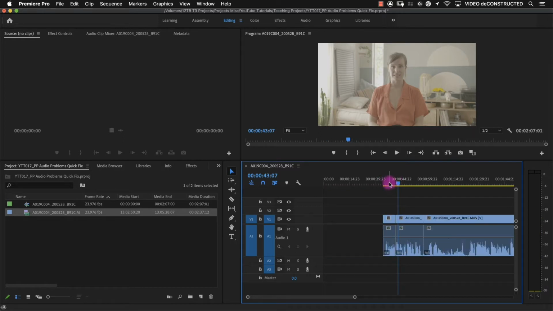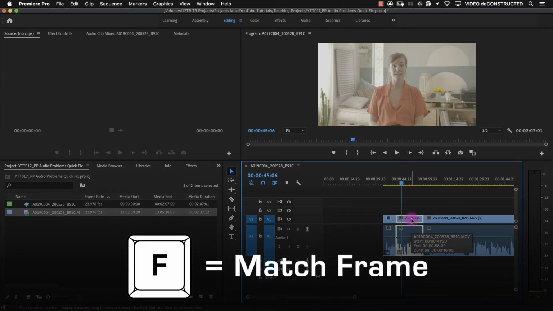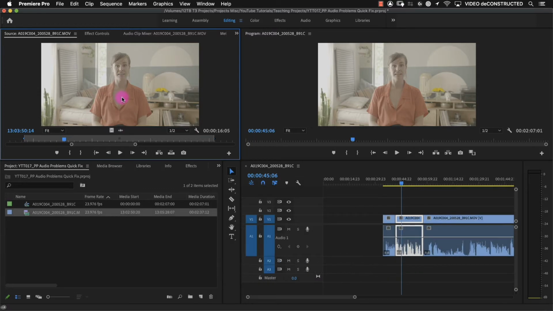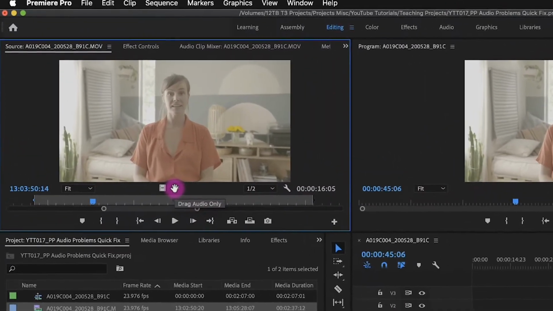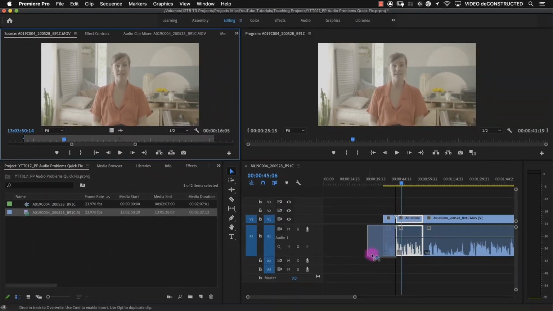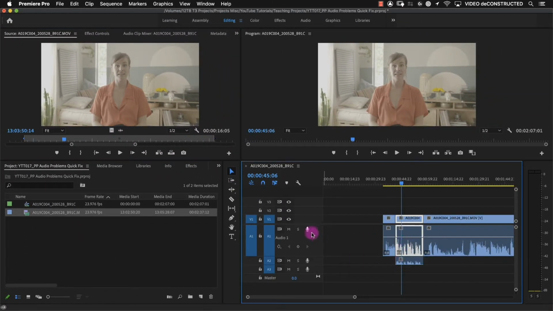So let's say that you've already done your edit. You have a situation like this, or maybe somebody gave you an edit. Maybe you're jumping in the middle of something. What you can do is, after you've modified the clip audio, you can select a clip, and if you tap the F key, that will load the clip into your source monitor. And now if I only drag the audio by selecting that icon into the timeline, I'm going to mute this top track,